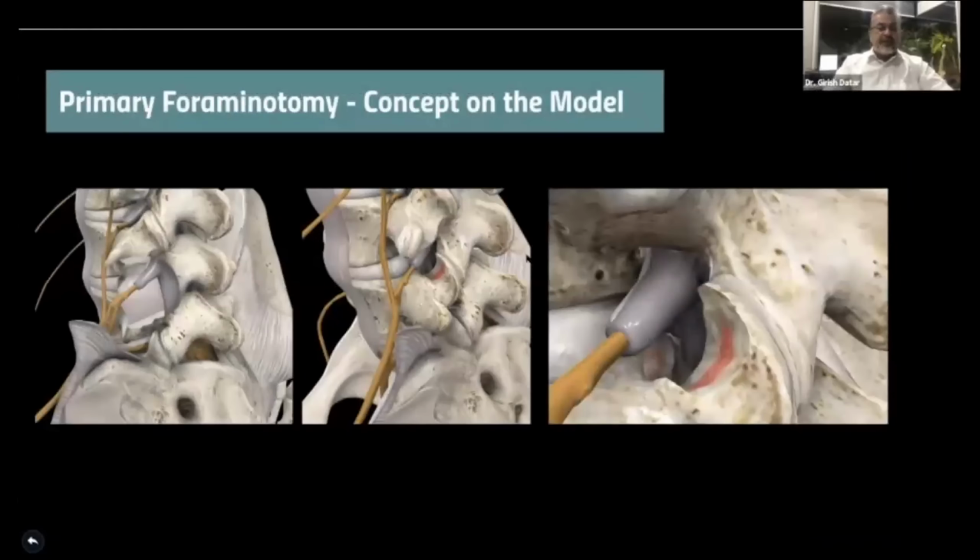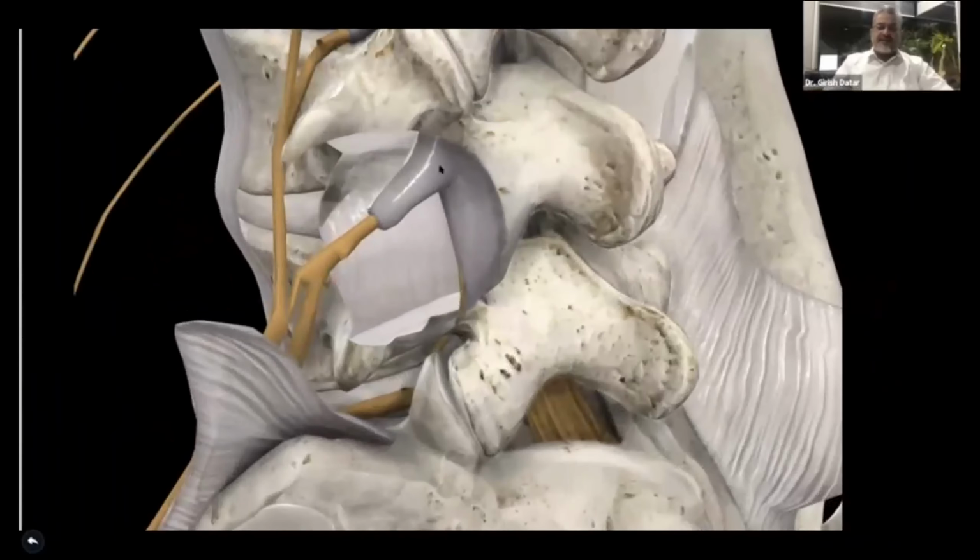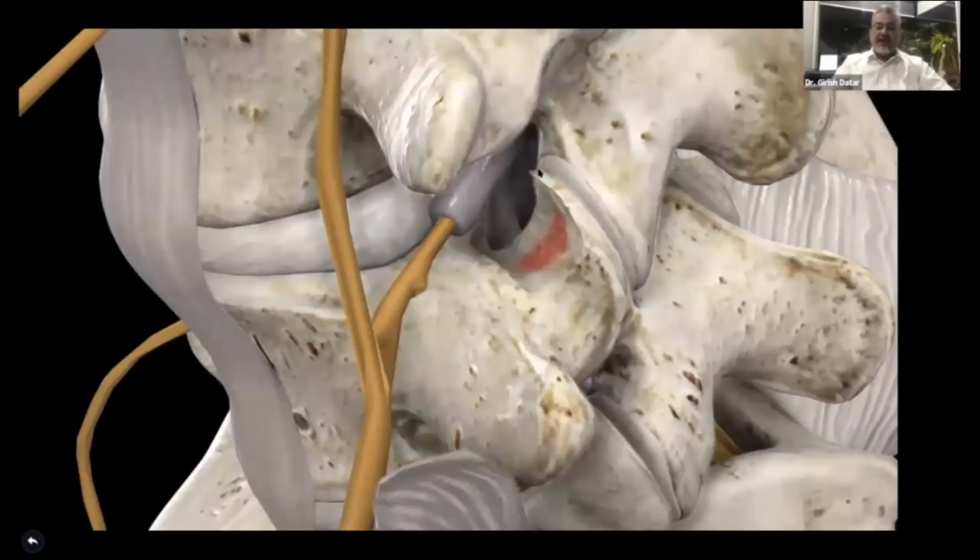Now, the primary foraminotomy which we do, why do we do a foraminotomy? We need an access. What is there underneath the facet joint is the exiting root, the part of the exiting root which is more medial, the axilla, the roof of the axilla, the floor of the axilla, and the traversing root. These are the structures which are more medial and are overlapped by the facet joint. So if you do a foraminotomy like this, wherein you retain the articular surface and just take off the non-articular part of the superior articular process, you are able to gain access inside.